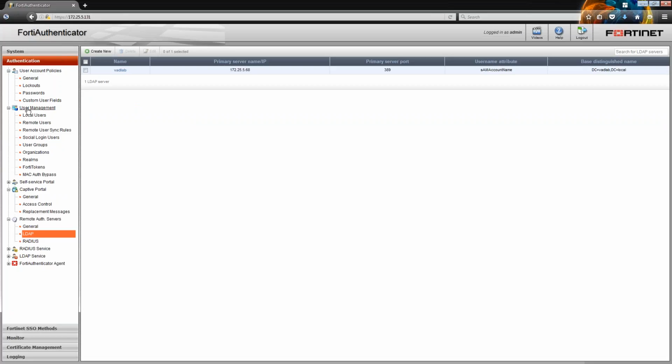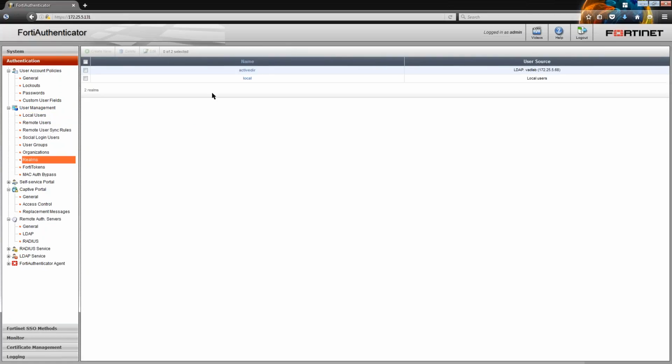In terms of user management, we can have local users and remote users. Local users are just the users you create on the device, and we could assign those tokens or not. And then we have realms. Realms are what we use to actually authenticate users when we're using things like our RADIUS. So you can have a local realm, which is your local users, and you can have multiple realms, whether it be LDAP, RADIUS, etc. When it comes to using these realms,